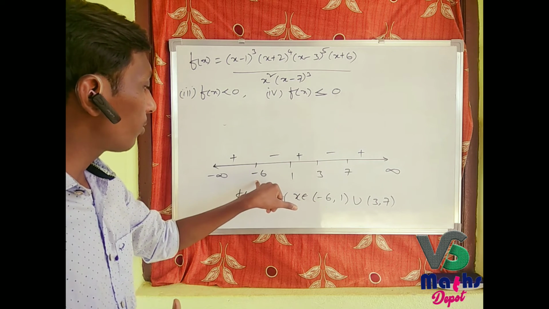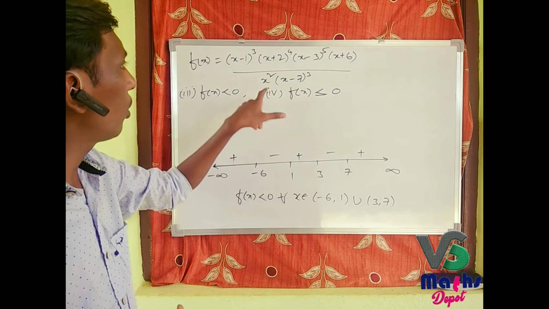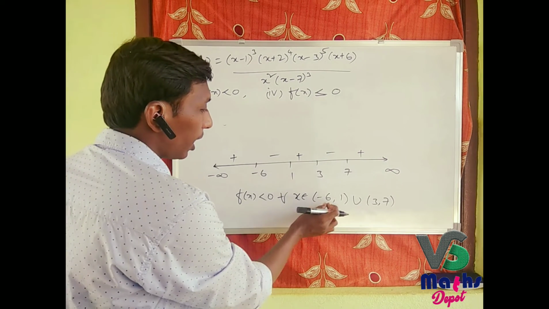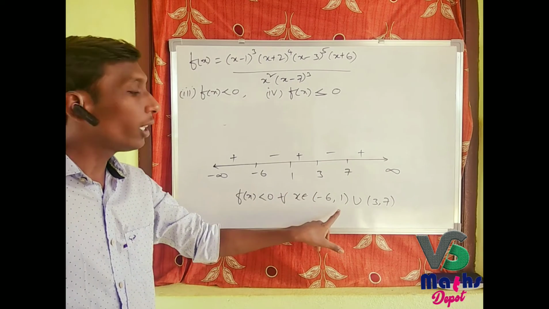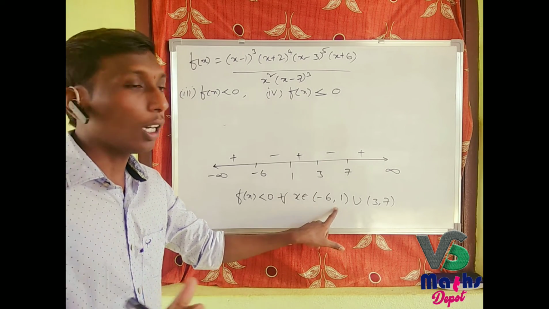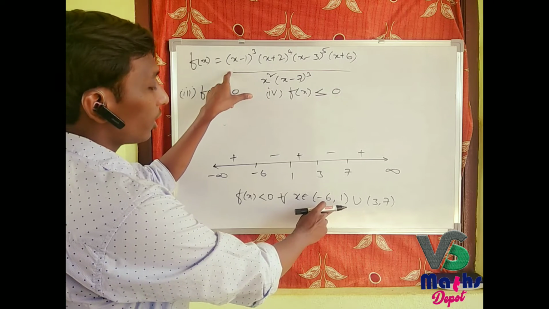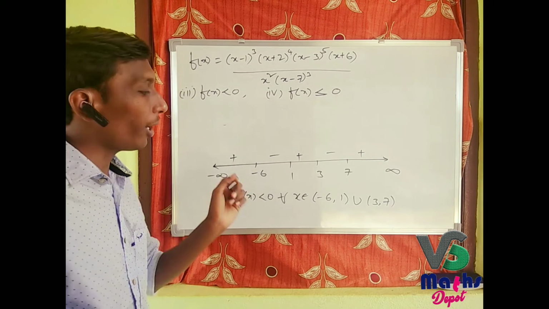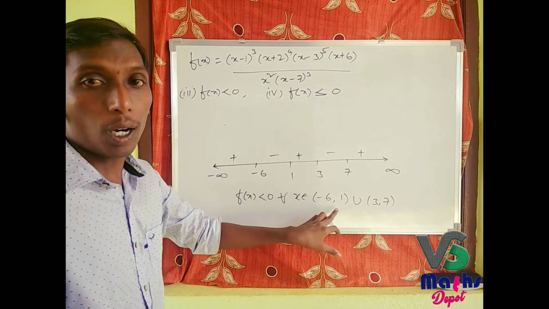Therefore, from this minus 6 to 1, if we substitute x is equal to 0, then f of x is not defined. From these values, x belongs to minus 6 to 1, 0 is also included in this interval. But if you substitute x is equal to 0 in this expression, it will not be defined, because 0 comes in the denominator. Therefore, we should remove 0 from this interval.